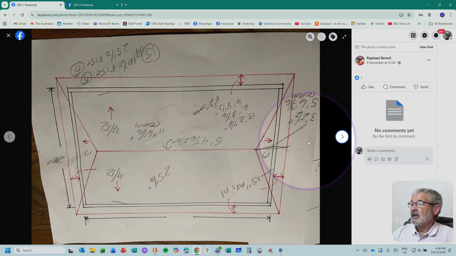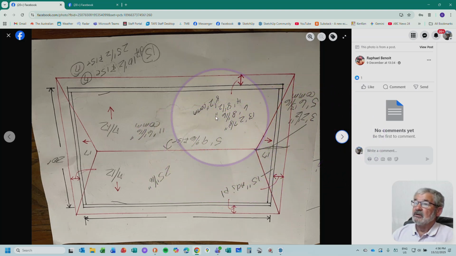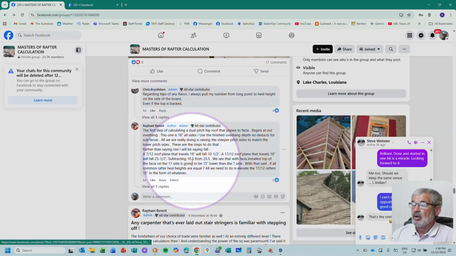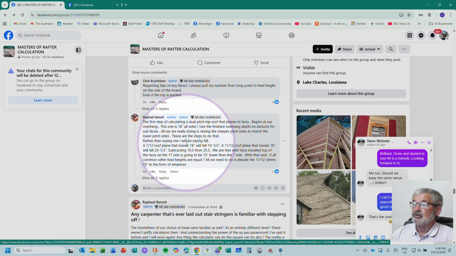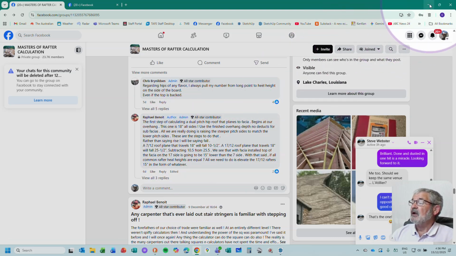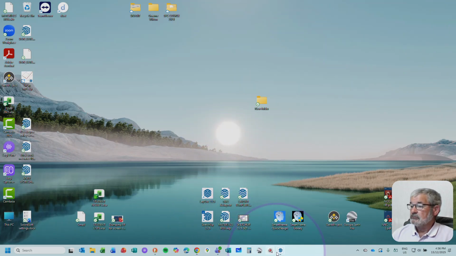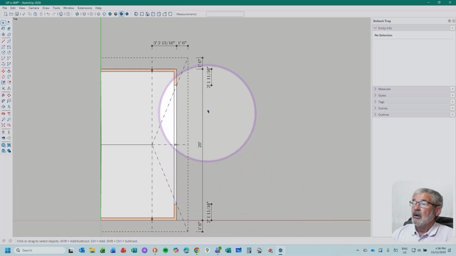But I wanted to get my head around it, so I decided to do a 3D model of it just so that I could make sure that I understood what was being said in some of these comments. I'm still not really on top of it, but then I thought, I might as well do a video to see if it's helpful. So I modelled that up, 20-foot